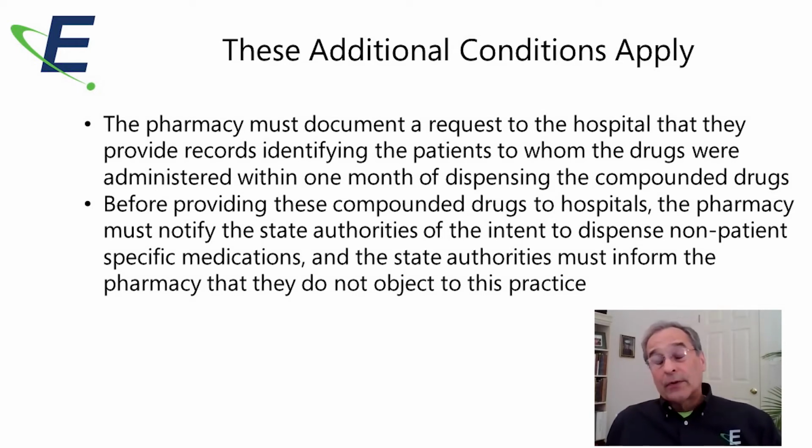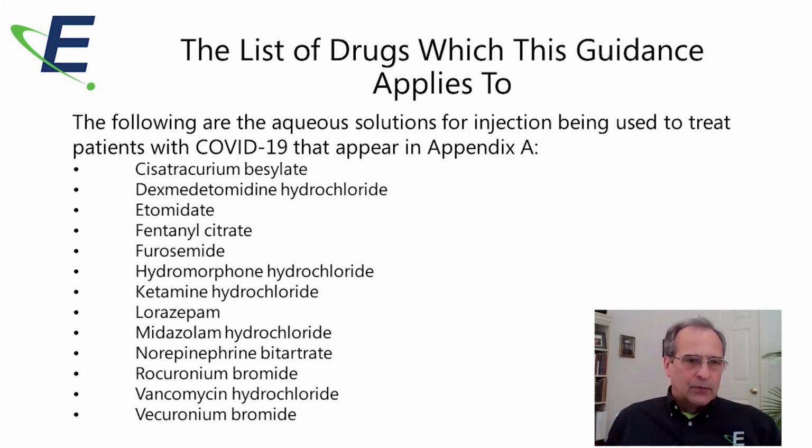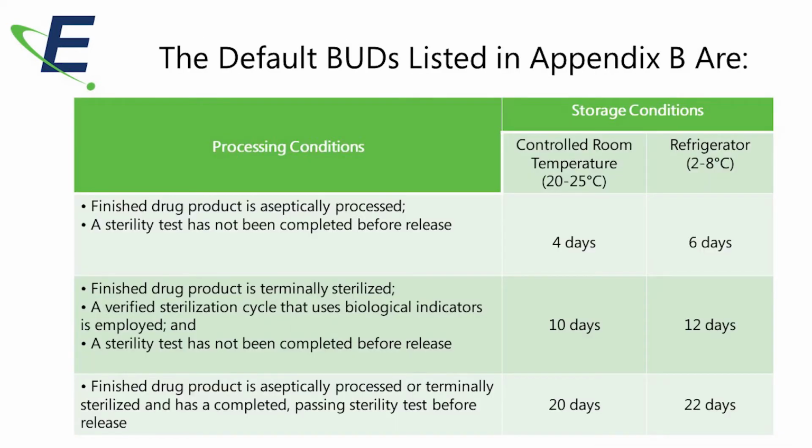It's important to follow the restrictions in those appendices. This is a condition that needs to be carefully monitored by the pharmacy. There's a very specific list of drugs, and you'll find them in Appendix A. The default BUD dates listed in Appendix B are provided, and these are very similar to, but more specific than, what are found in the